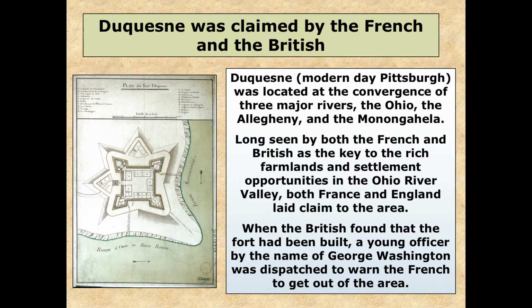So they are going to send a very young George Washington to try to kick the French out. George Washington's maybe about 21, 22 years old at this time, and he's getting his feet wet with military experience. This is his first big show, pretty much. So here's young George Washington, and he too establishes a fort of his own.